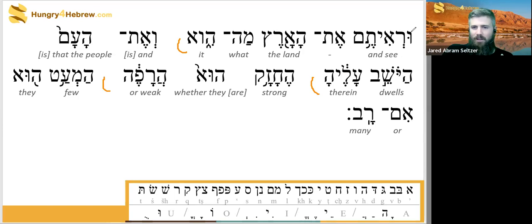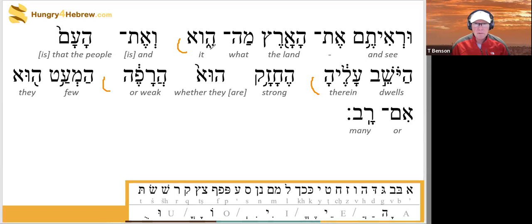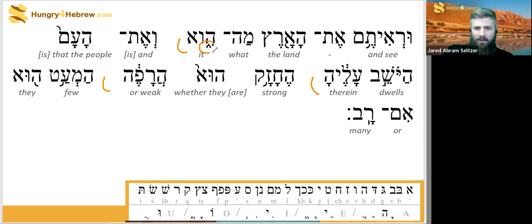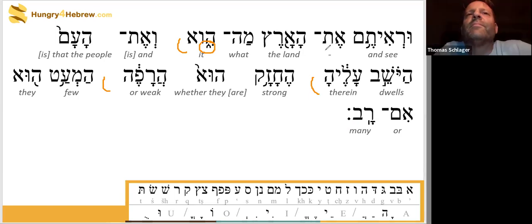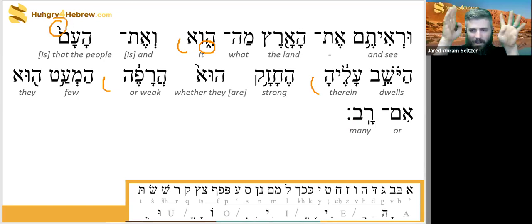All right, so is the center marker the wishbone, or am I wrong? The halfway marker called etnachta is the wishbone looking symbol, the logical halfway point. And then of course the two dots at the end is the end. And what's that over the end? I think that's called pashta.